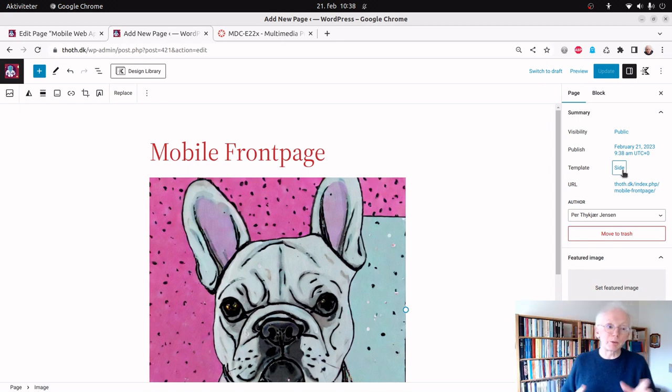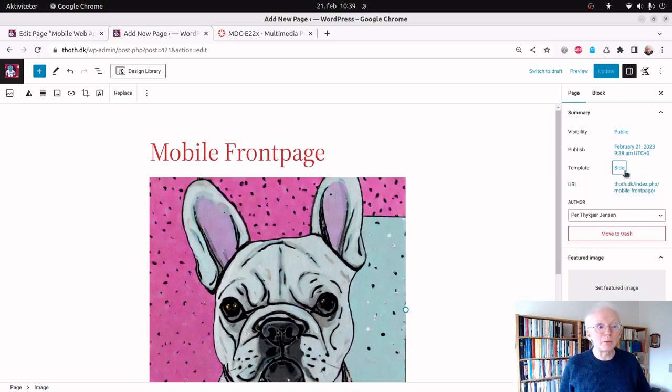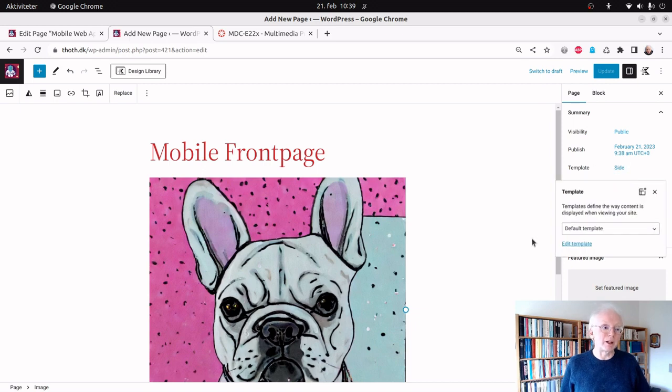In this case we have a template called page, or side in Danish, as you see it here. I'm sorry for that, but we'll do that in English in a moment. But actually here you can go in and then you can say that I want to use this or that template according to your preferences. And that's what we'll do as soon as we have created a template for this